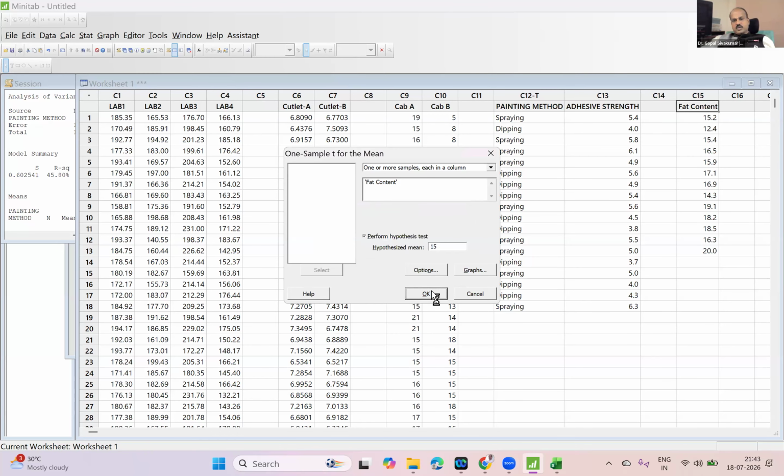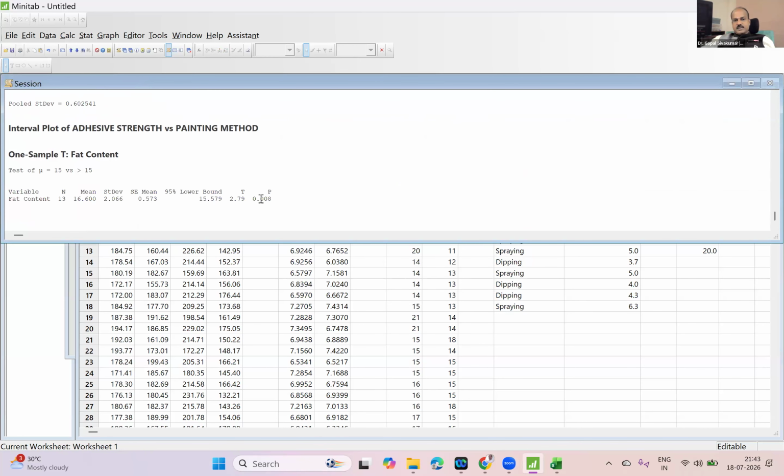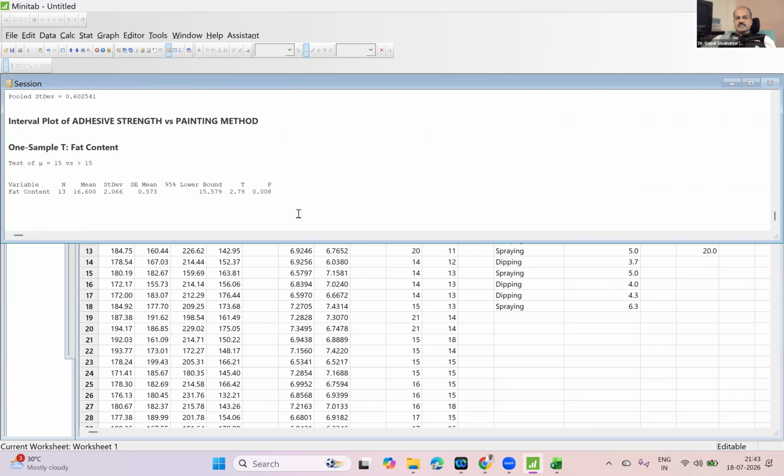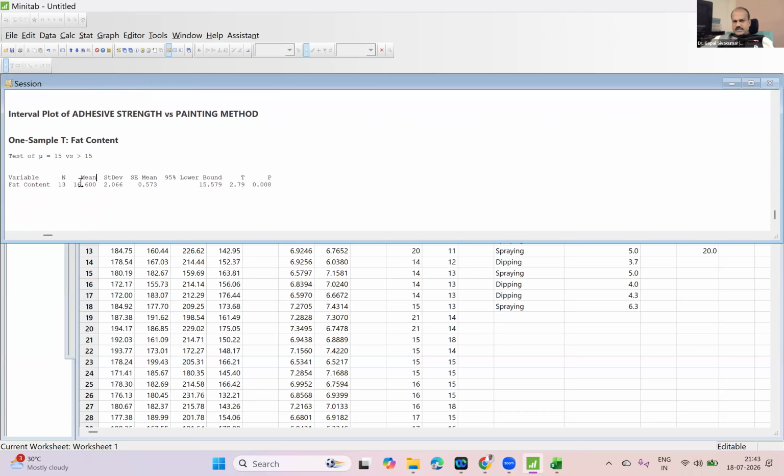Okay. P value is less than 0.05. Can you all see? P value is less than 0.05, but your observation is outside the interval. Can you see that? 16.6. Up to 15% is permissible, but your mean is found to be 16.6, and that too with statistical significance. So it should not be taken lightly. Now, what is your understanding about the company's cooking oil? It is not fit for recommendation.